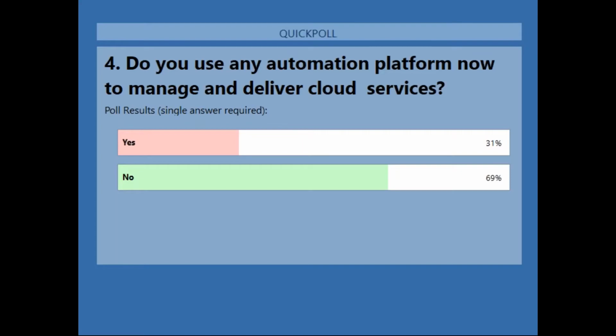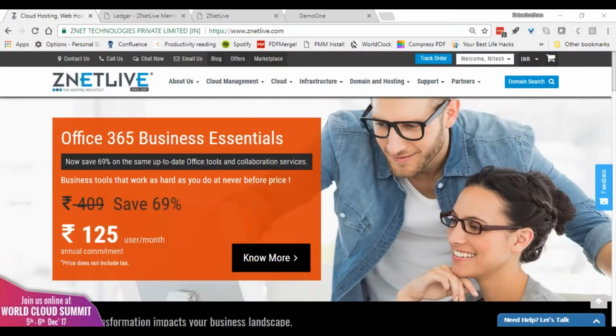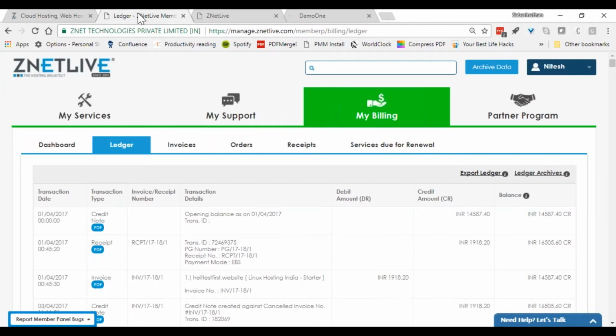So I'm conscious about time. To summarize what we have looked at so far, we looked at the purchasing capability of a customer, where he can make a purchase online to get his services provisioned. Then we looked at the customer self-service capability, where he's able to perform all functions without much hassle, without troubling the CSP that much. This is again where RackNap differentiates itself, right?